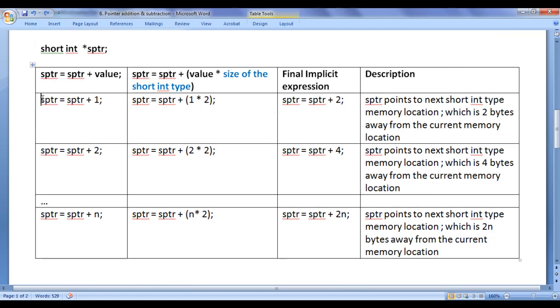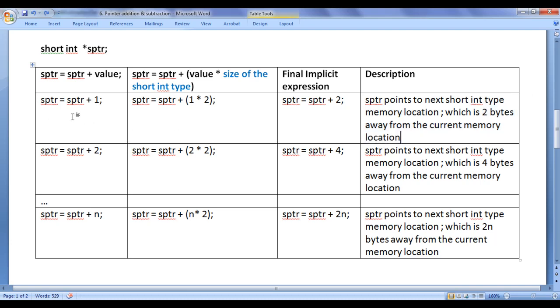If you write SPTR equal to SPTR plus 1, it is implicitly expanded to SPTR equal to SPTR plus 1 multiplied by the size of the short int type, which is 2. The final implicit expression will be SPTR equal to SPTR plus 2. When this expression is executed, SPTR points to the next short int memory location, which is 2 bytes away from the current memory location.